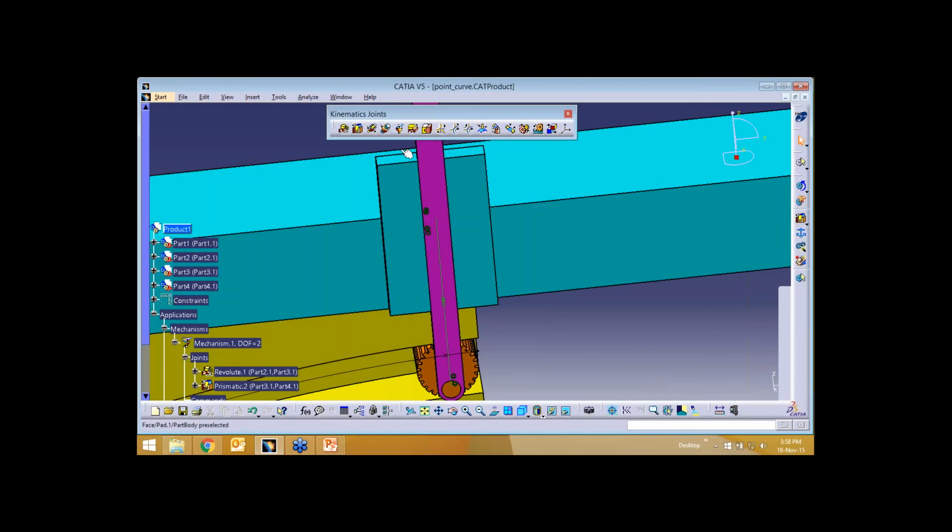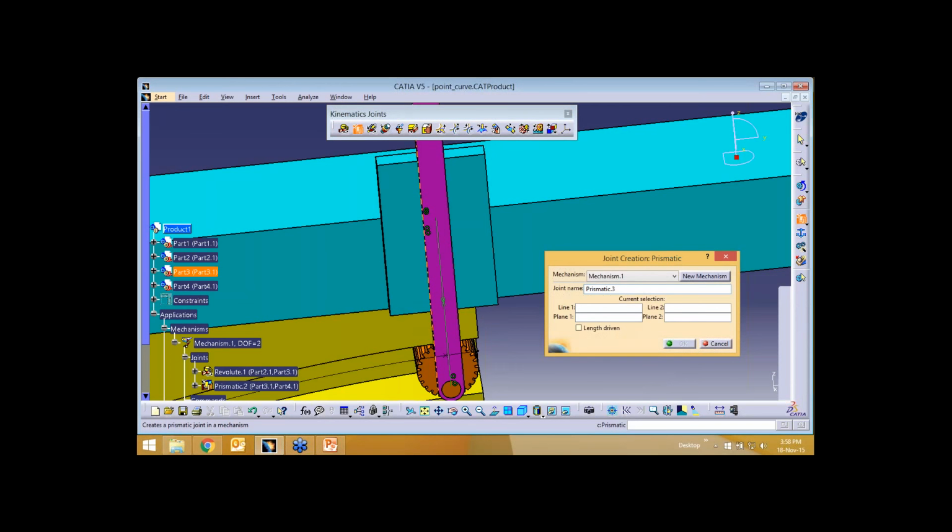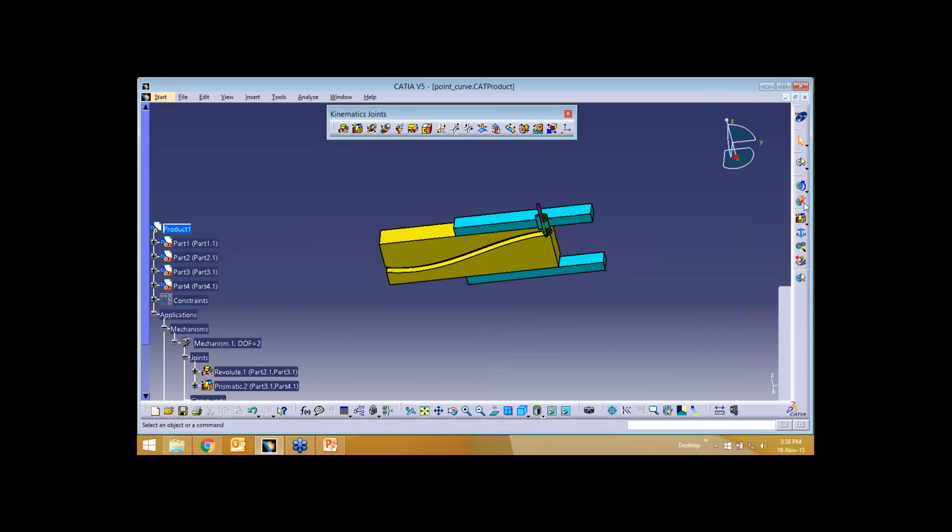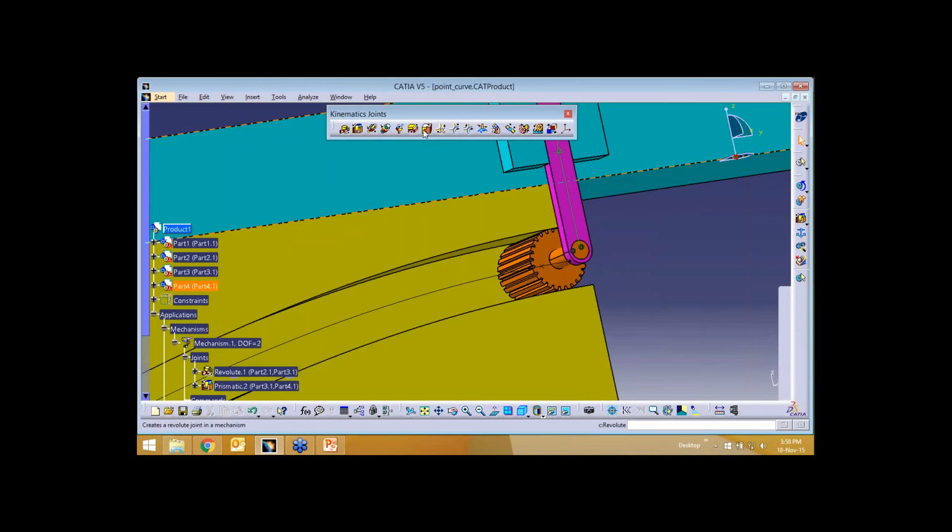Now what I'll do is I'll just fix this blue color thing. Go here and fix this. And I'll go for a point and curve. See, this curve has to... this point and curve, so that it means that this point has to move along.